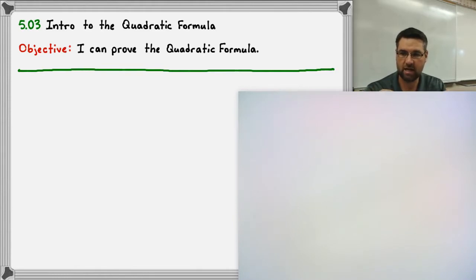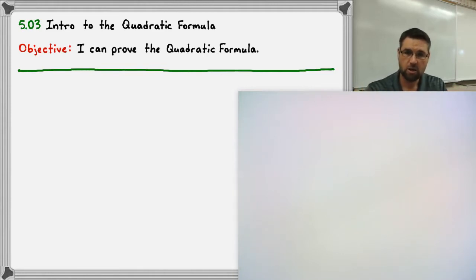we just had an x squared. We didn't have any x terms, or in other words, we didn't have any b values. We only had a values and c values. Factoring works when you can factor. If you're not able to do the quadratic factoring in any way, then factoring is not